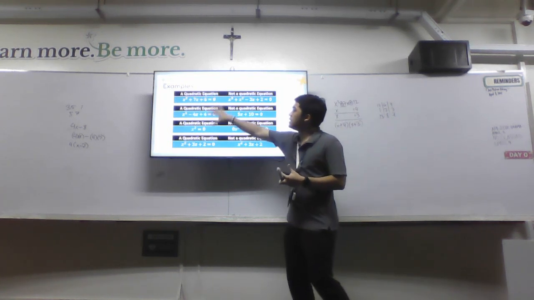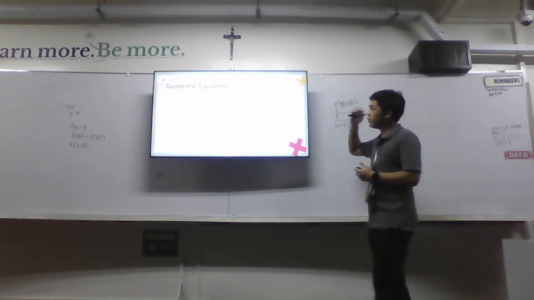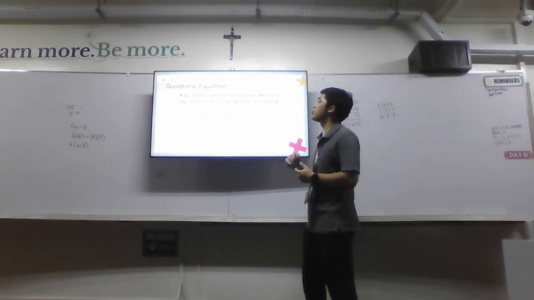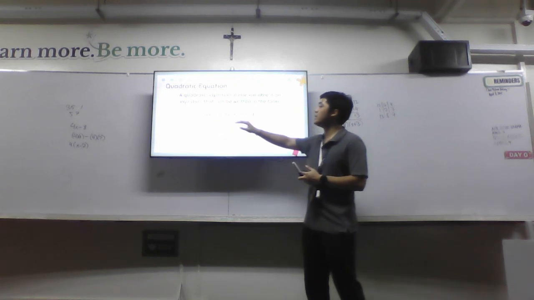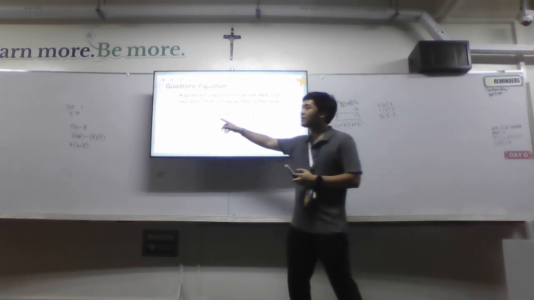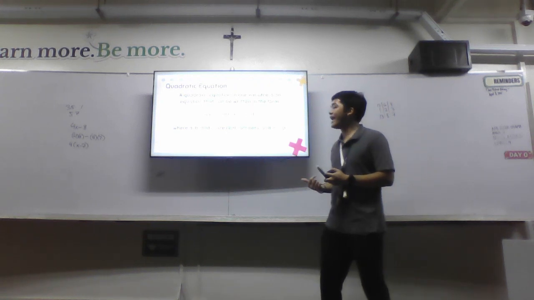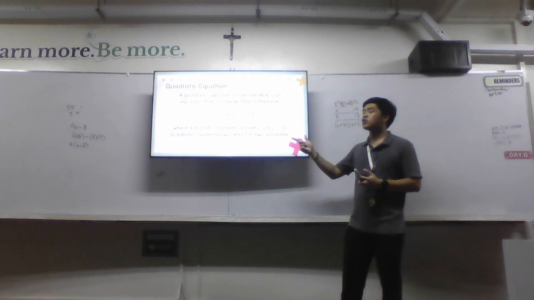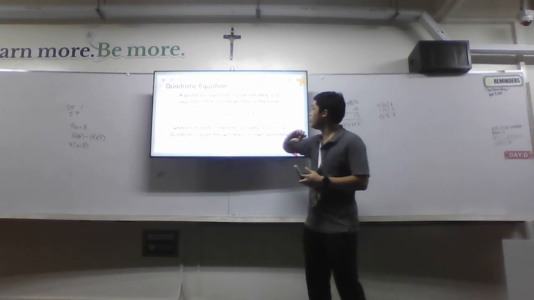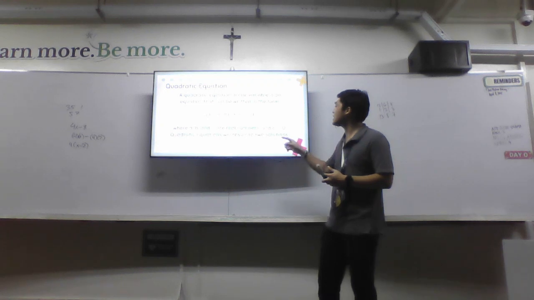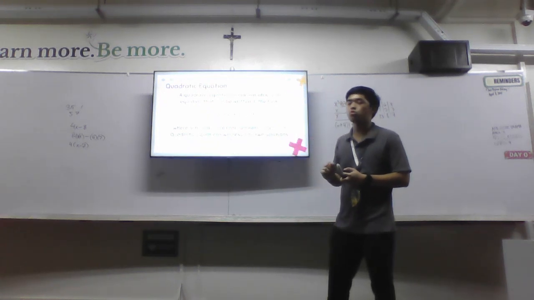So looking at all of these key differences, we can define a quadratic equation using this definition. A quadratic equation in one variable is an equation that can be written in the form ax squared plus bx plus c equals 0. So it's important that we have x squared. Now, where a, b, and c are real numbers and a is not equal to 0, and the quadratic equations will always result in solutions. So here, we saw in the example a while ago that 0x squared is not a quadratic equation because it has 0. So that's our definition right here. So we must always remember that quadratic equations will result in two solutions.